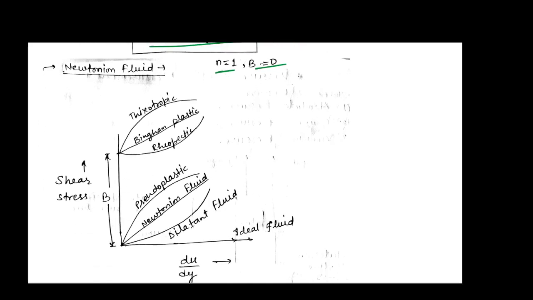Okay, so there is a graphical representation of all the types of fluid in a single figure. The x-axis shows the velocity gradient and the y-axis shows the shear stress. You can see here thixotropic fluid, Bingham plastic, rheopectic, pseudoplastic like blood, Newtonian fluid which obeys Newton law, dilatant fluid, and ideal fluid. Ideal fluid is generally not practically available. So this is a representation of the types of fluid according to the Newtonian and non-Newtonian category.